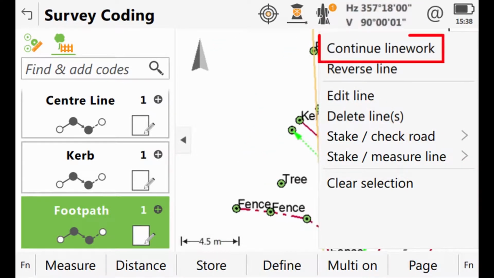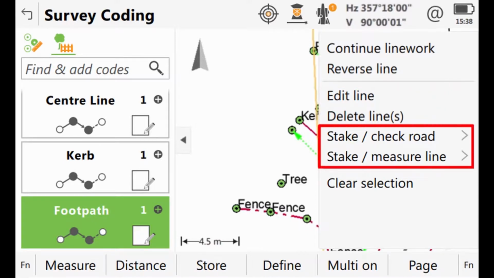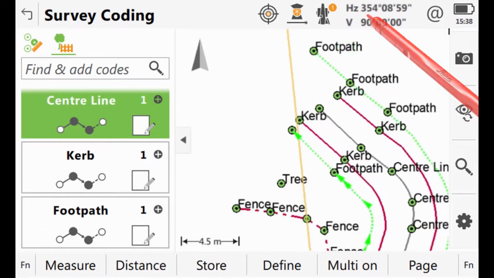We can use continue line work to allow us to measure more points to it. We can reverse the line so that any new points we measure to it would be used to build up the line in the other direction. In other words, they'd be added to the line before its current start point. We can edit or delete the line. We can use the line in another app, such as in Roads, or we can have Leica Captivate deselect the line for us. We want to continue the line work, so we select this, and Leica Captivate then makes sure